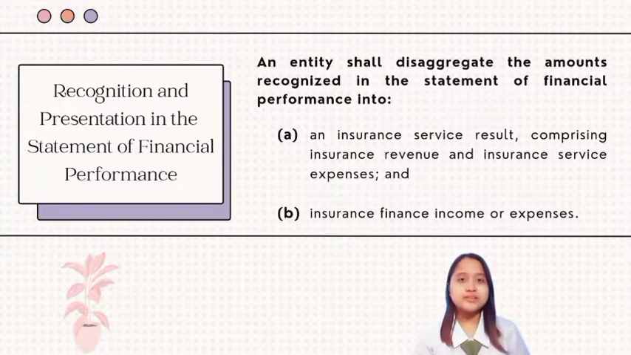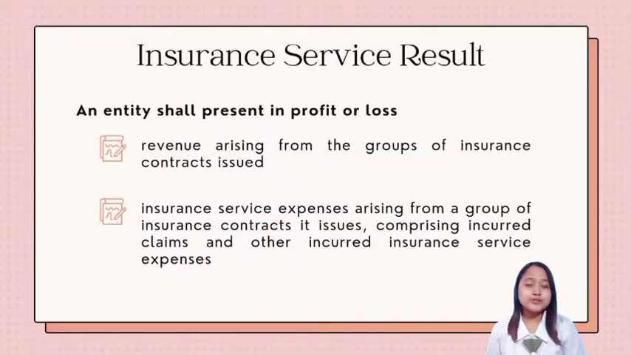An entity shall disaggregate the amounts recognized in the Statement of Financial Performance into an insurance service result comprising insurance revenue and insurance service expenses, and insurance finance income or expenses. Income or expenses from insurance contracts held shall be presented separately from the expenses or income from insurance contracts issued. Insurance service result. An entity shall present in profit or loss the revenue that arises from groups of insurance